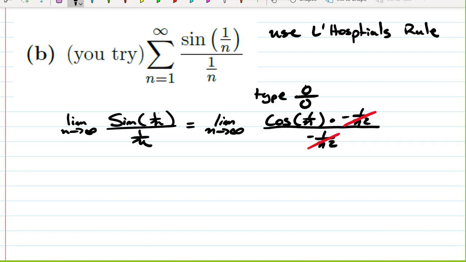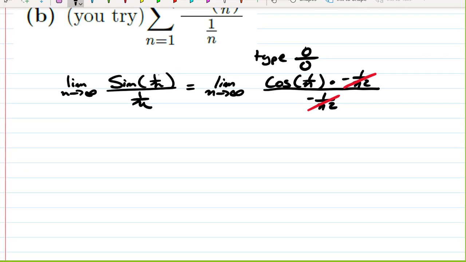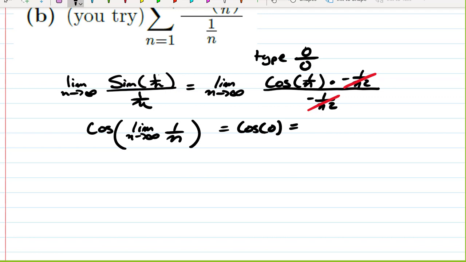And cosine is a continuous function, so we can pass the limit inside our trig function: the limit as n goes to infinity of 1 over n, and 1 over infinity is 0, so this converges to cosine 0, and the cosine of 0 is 1. So the value of our limit is 1, so by the test for divergence,